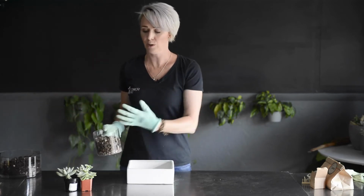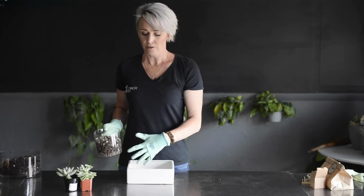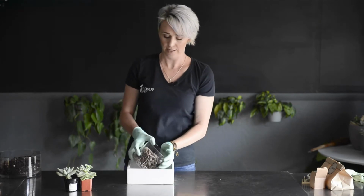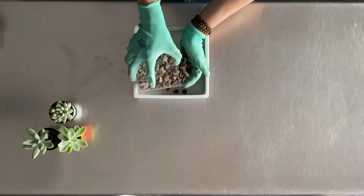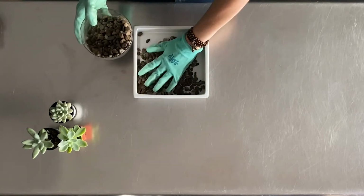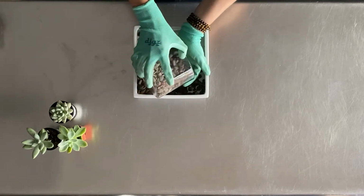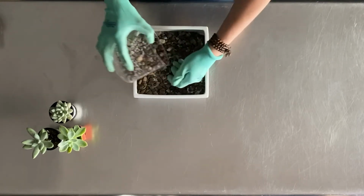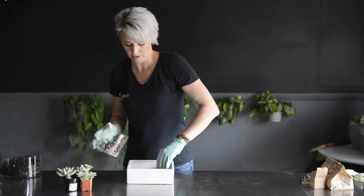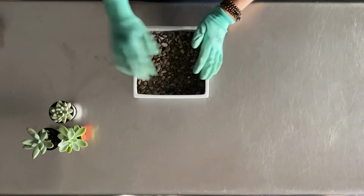The reason we're gonna do this is you have a couple succulents, it's for drainage, there's no drainage in this container. You're also only planting 3 succulents in a really big container, so you don't need a ton of rocks. This is just a good planting practice, if you will. If you have a container that doesn't have drainage, you should always put a layer of rocks at the bottom. It helps protect your plant from getting root rot or having the soil stay really wet. So you can just put a thin layer of rocks across the bottom, and then you're going to take your